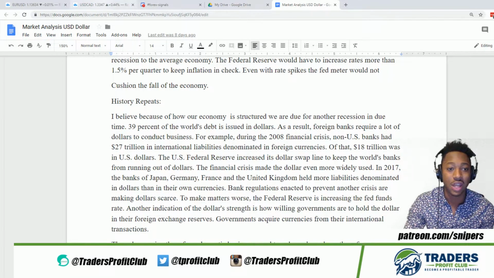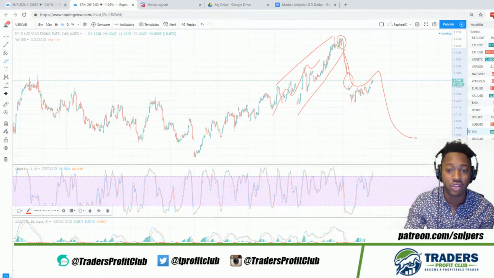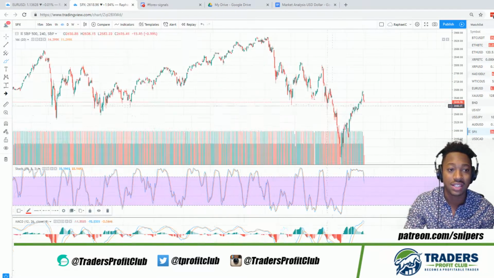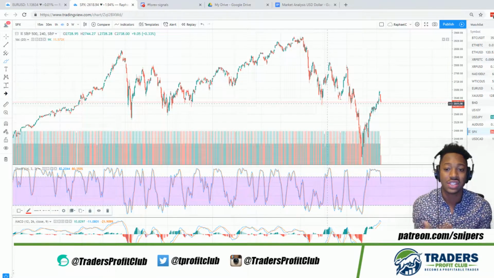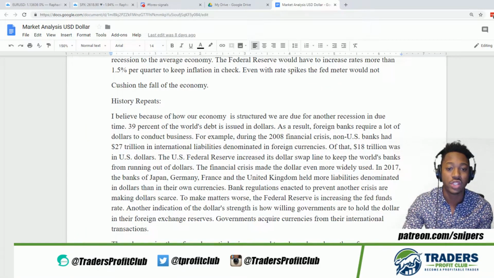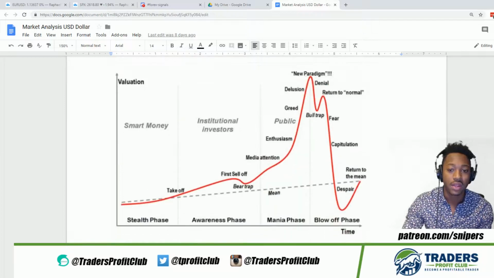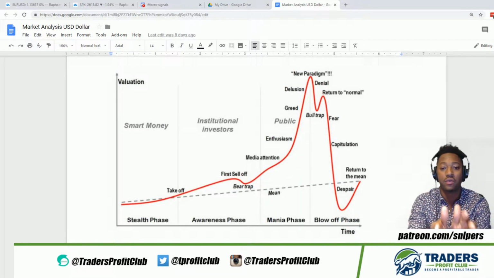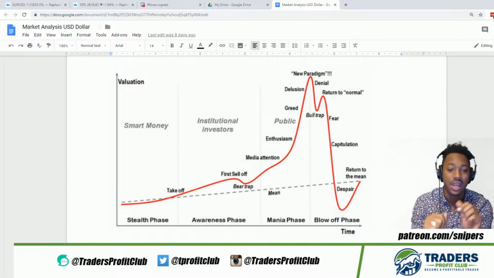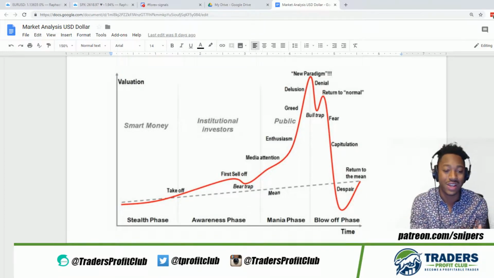Why do you think we see stock prices going down? Why do you see the S&P 500 dropping so much? It's because, you guys, we're having a correction. This is a time for correction. Nothing can go up forever. That's why I'm always showing you guys this chart. This is the cycle of life when it comes to every monetary policy. They have to go through this. It's called rinse and repeat.